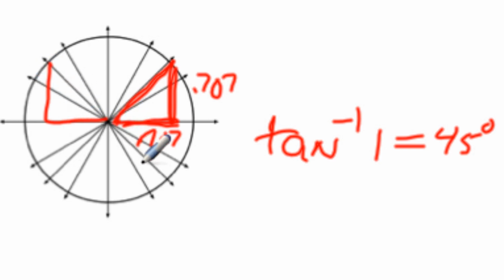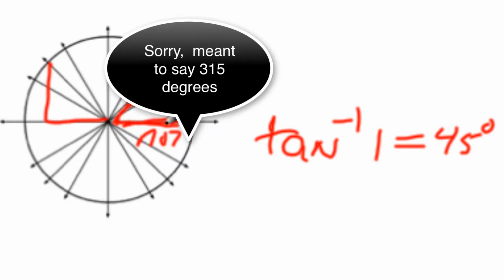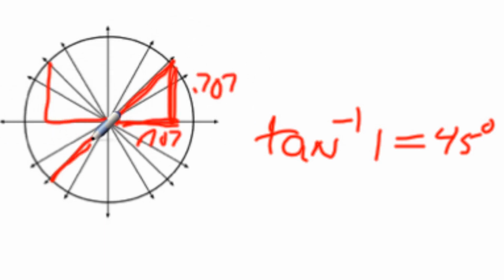Similarly, over here at 225 degrees, we have a tangent that is equal to minus 1. It's only this angle over here where the x value is going to be minus 0.707 and the y value is going to be minus 0.707. Take the ratio of those two and you get 1. So the arctangent of 1 is equal to 45 degrees and 225 degrees. But once again, we're not going to worry about an angle that is greater than